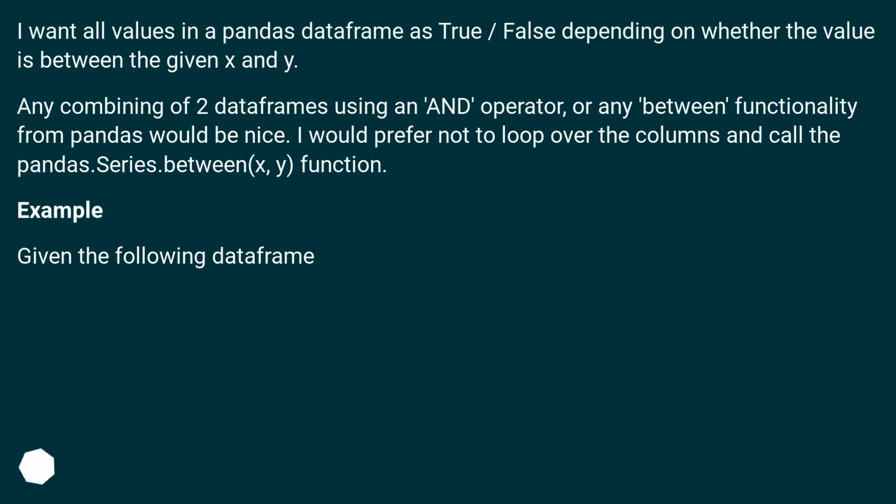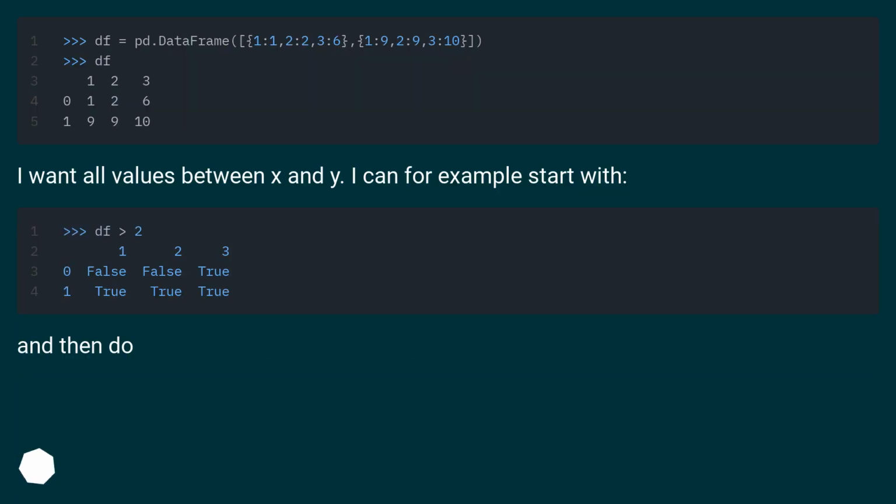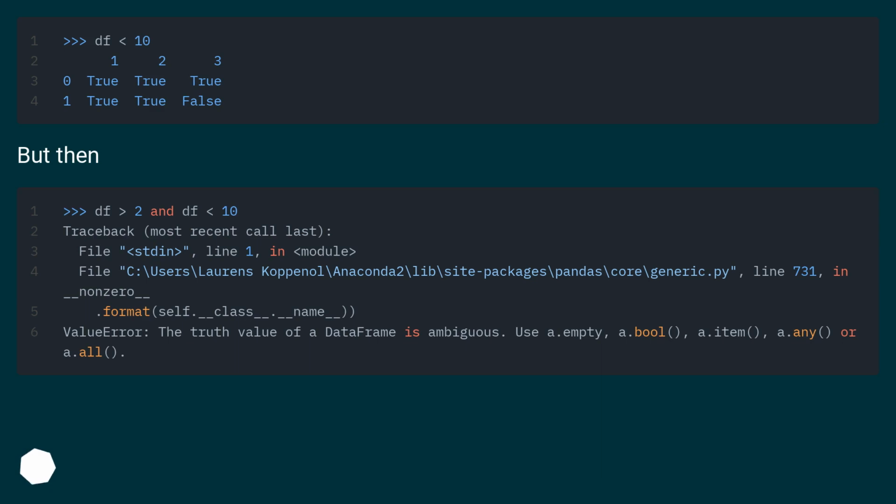Example. Given the following data frame, I want all values between X and Y. I can, for example, start with this, and then do this. But then